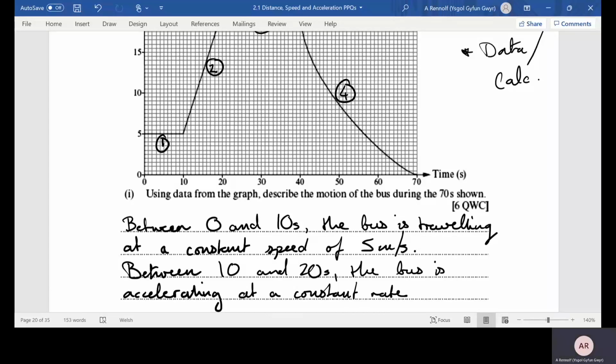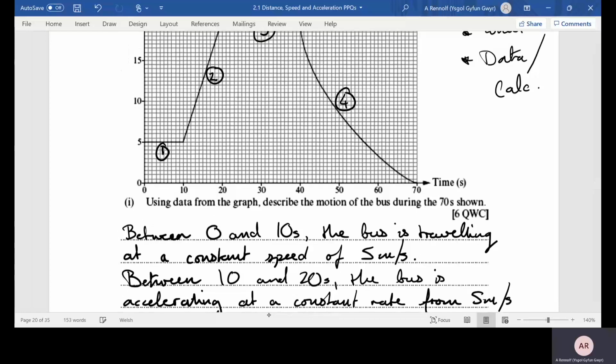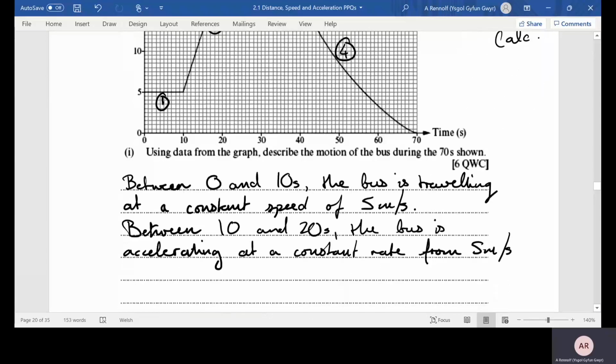The bus is accelerating at a constant rate from, sorry, not from 10 meters per second, from 5 meters per second up to a speed of 20 meters per second. So from 5 meters per second to 20 meters per second with an acceleration of,